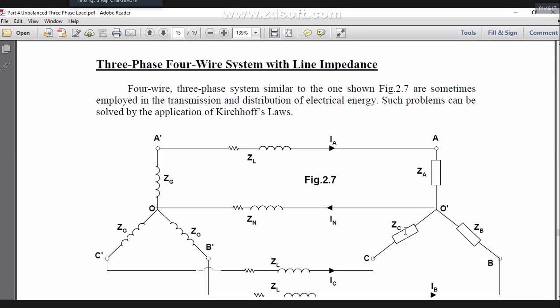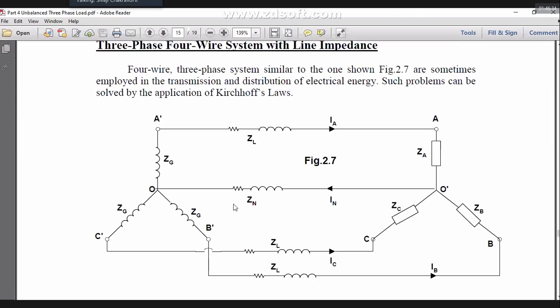So I write the new equation here, the loop equation, that is Kirchhoff's voltage law. From here, I write an equation for IA, as you can see here, and look at the right hand side. Here I have the source voltage, the three impedances, and the neutral current. Similarly, I write IB. Similarly, I write IC. The three loops you use, and you write the three equations.